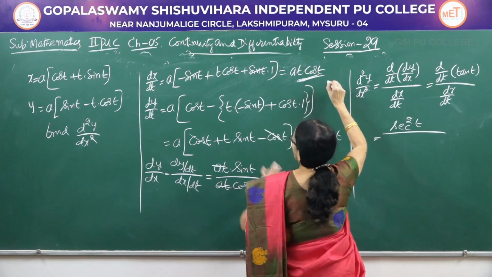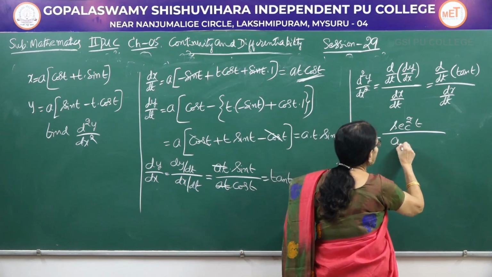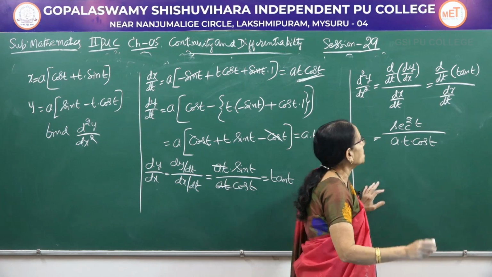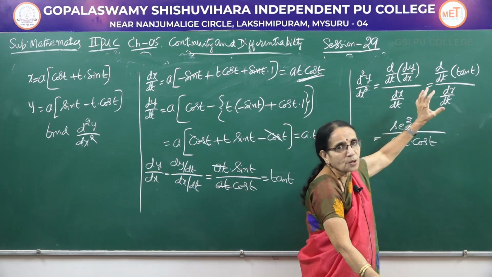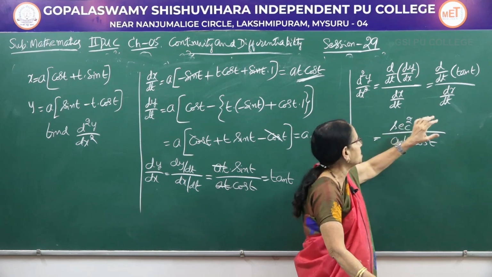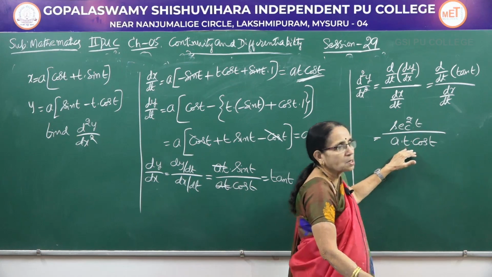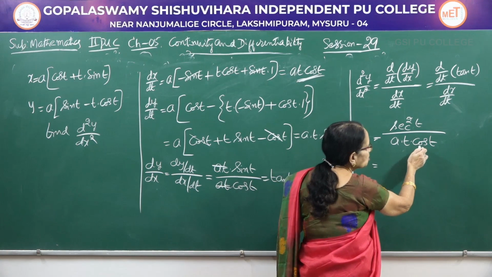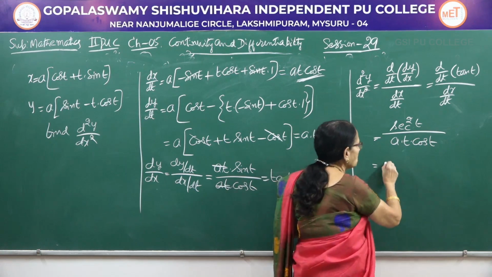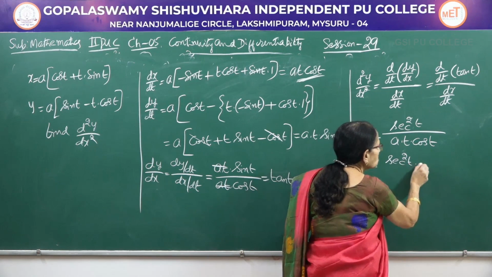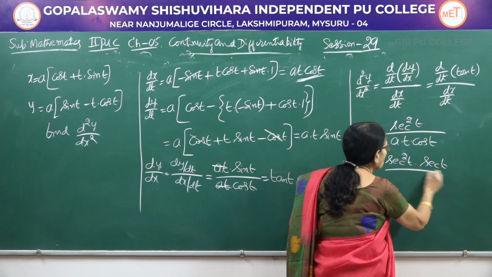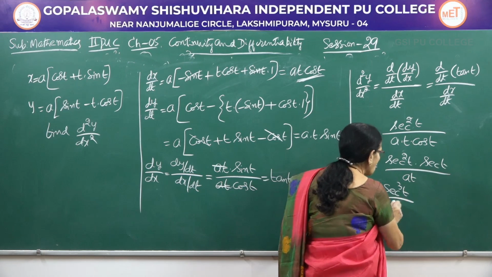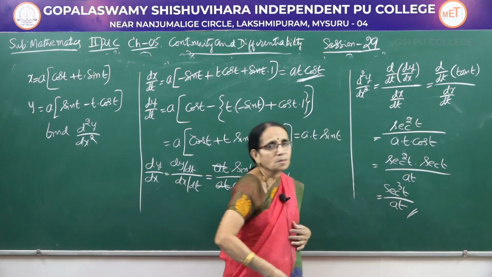Now, you write what is dx by dt? It is a into t into cos of t. It is not quotient rule, don't get confused. Numerator, differentiate the first derivative with respect to t or the parameter, write in the numerator. Denominator, whichever already has been calculated, write it. Now, simplify this one. You know that cos and secant are reciprocal ratios. Therefore, you can take it to the numerator as secant t divided by at. So, the answer is secant cube t divided by at. So, this is the derivative.